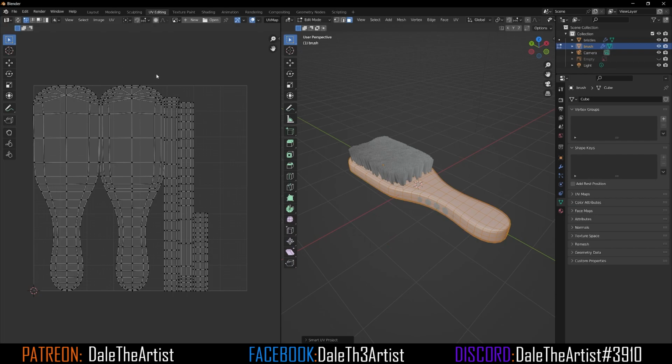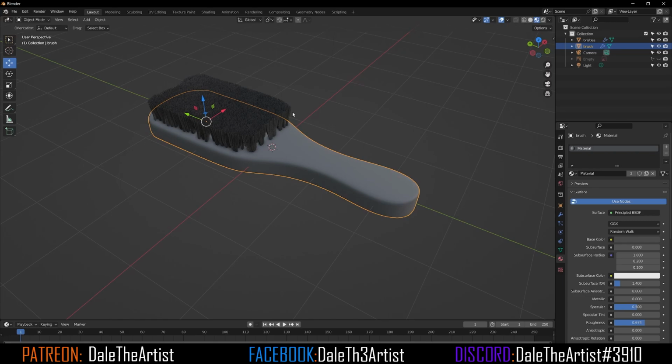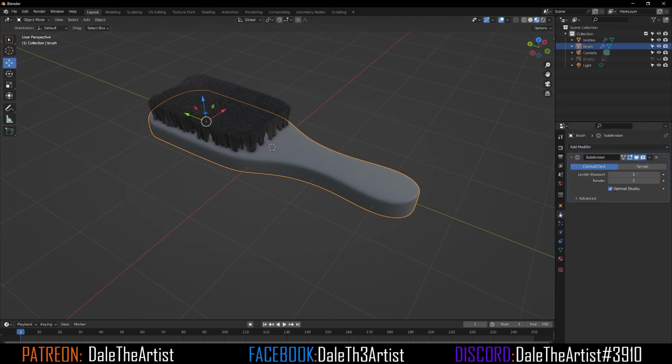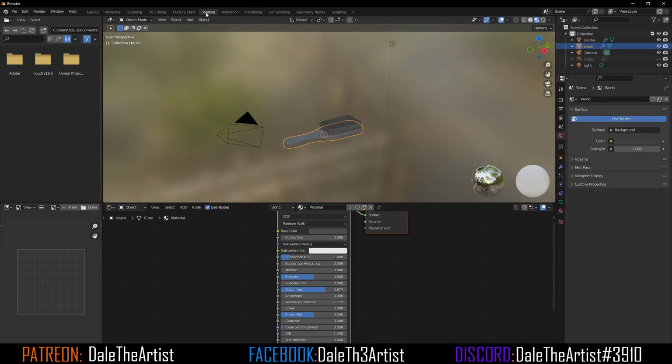This is something that's really good. This is exactly how you want this to look. So let's go back to the layout and let's apply that material with our new UV laid out brush. So what we can do is go to the materials section, and we already have a material here because we hit it. Now we can go to shading,